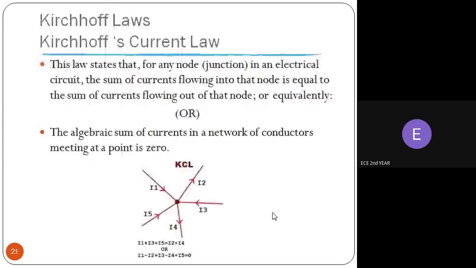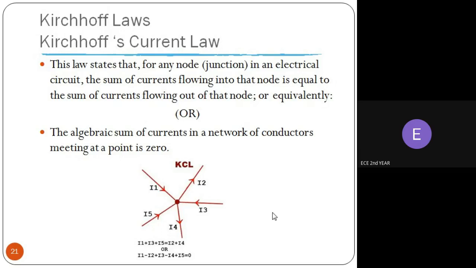So next we'll concentrate on basic laws. Kirchhoff's laws. Kirchhoff's first law is Kirchhoff's current law. Kirchhoff's current law states that for any node or junction in an electrical circuit, the sum of the current flowing into the node is equal to the sum of the current flowing out of that node, or equivalently,